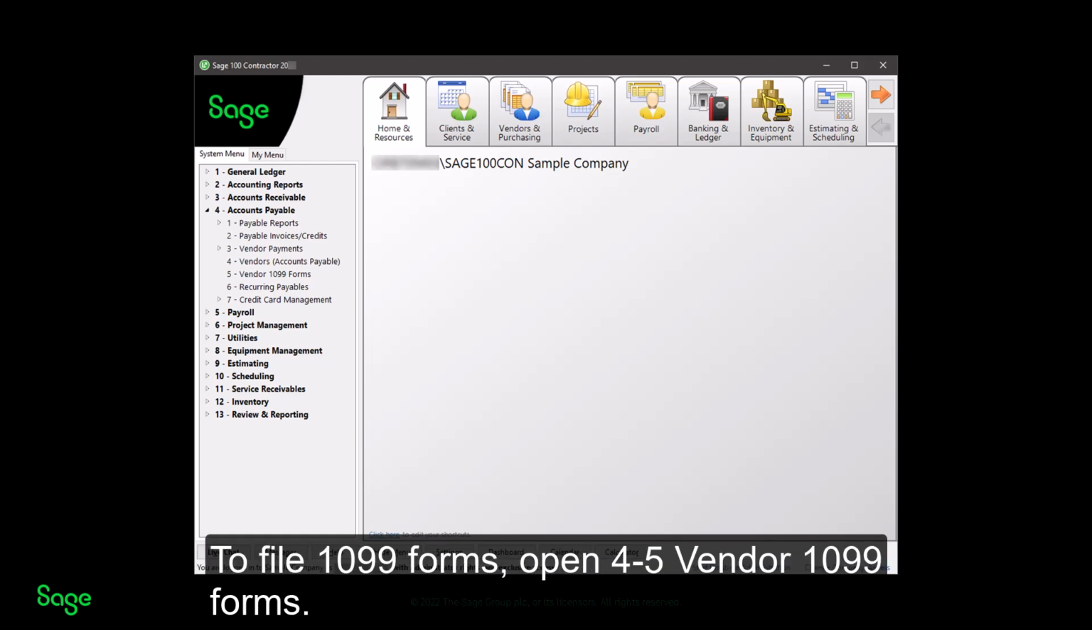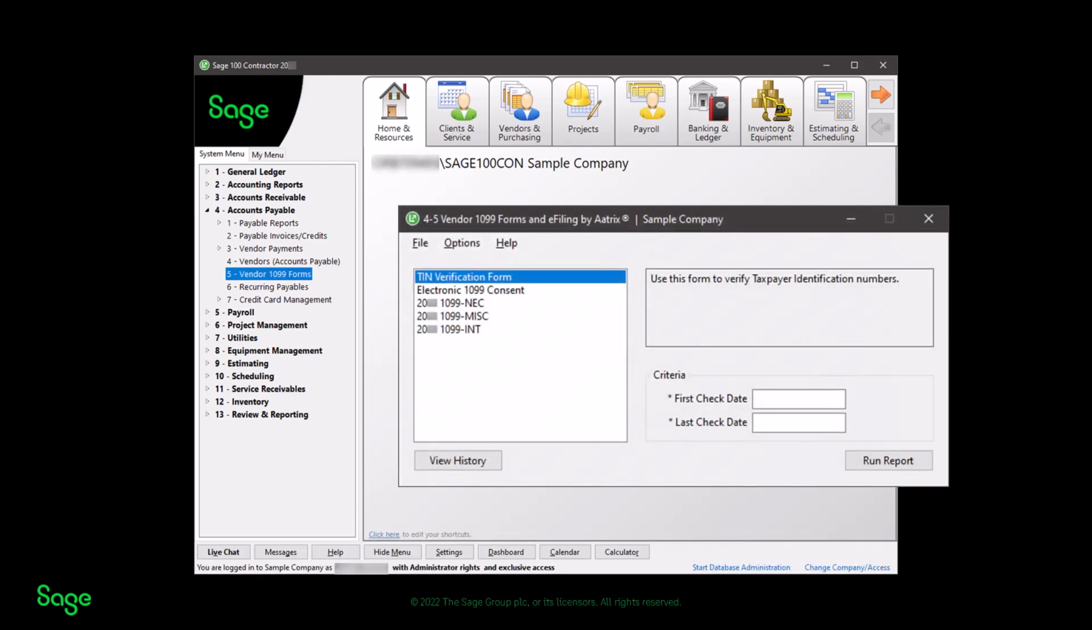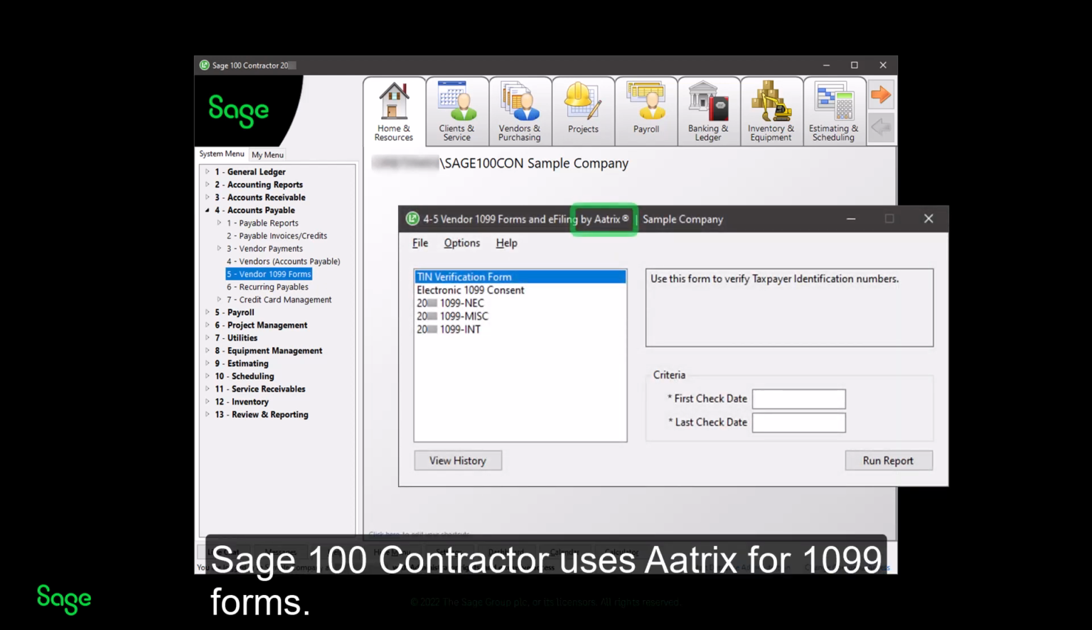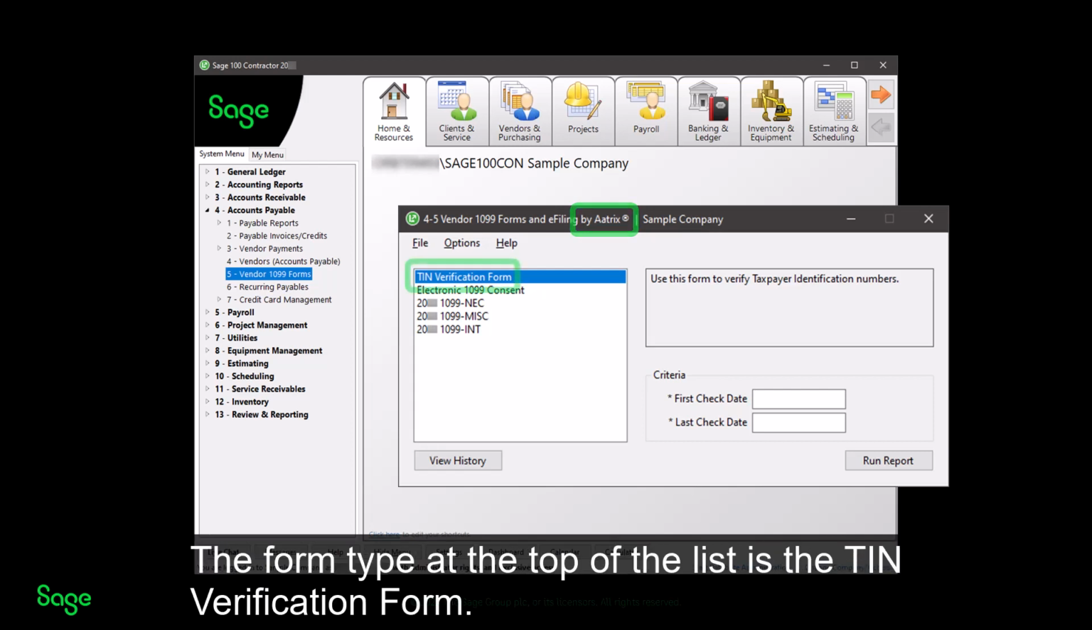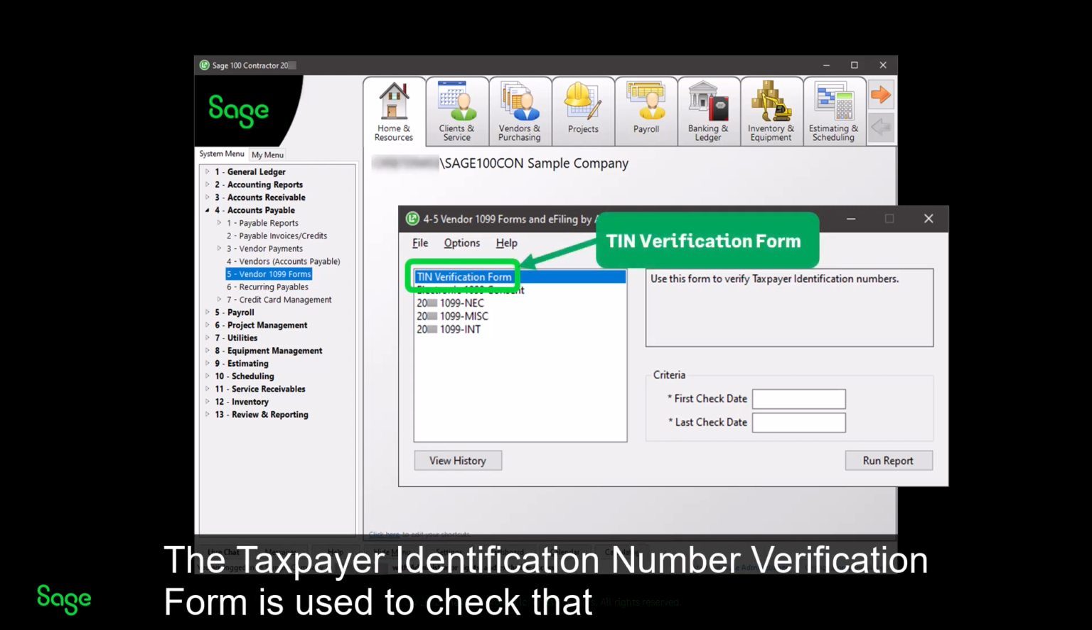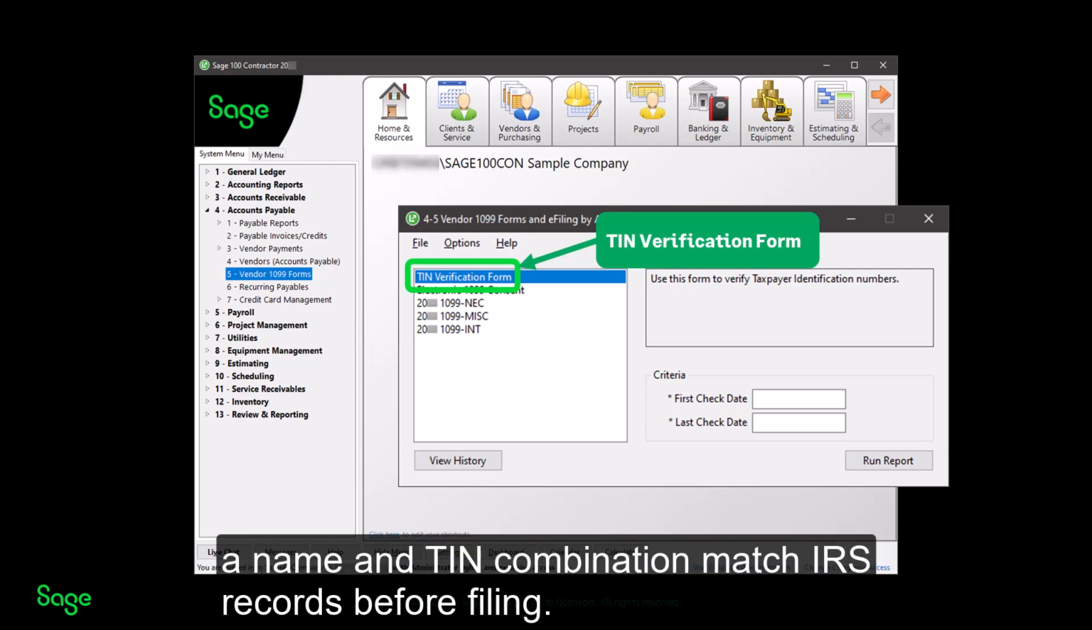To file 1099 forms, open 45 Vendor 1099 forms. Sage 100 Contractor uses Matrix for 1099 forms. The form type at the top of the list is the TIN verification form. The Taxpayer Identification Number verification form is used to check that a name and TIN combination match IRS records before